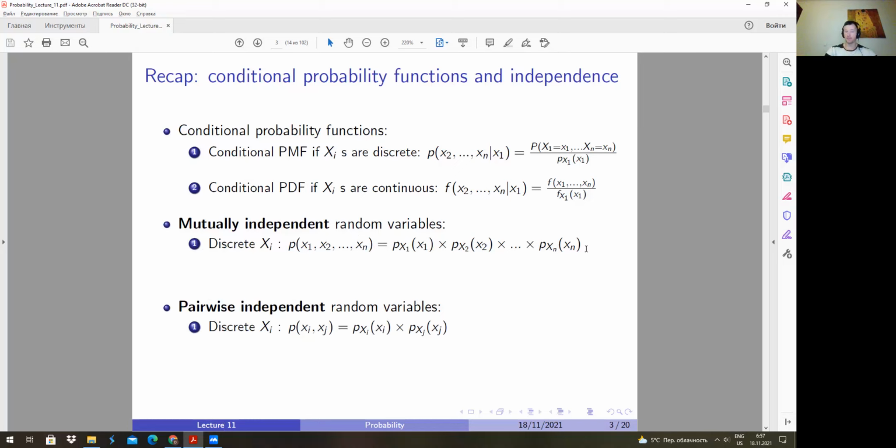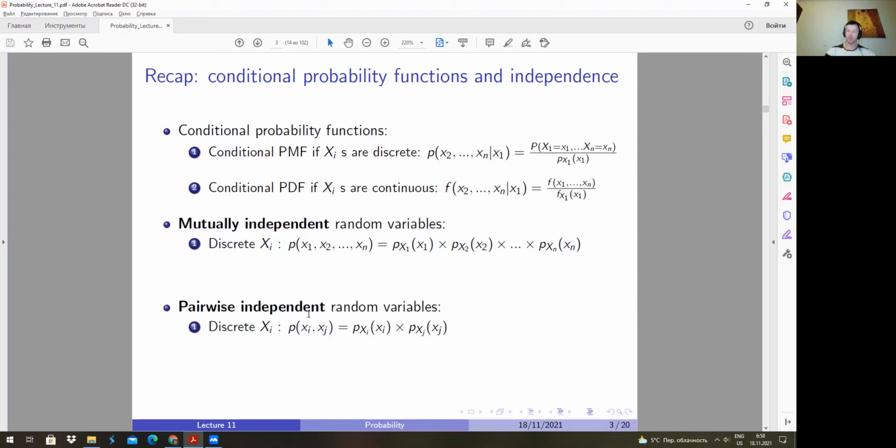That's it. But look, pairwise independence means that I am able to calculate these joint densities only for 2 variables. So this is something like a marginal density, but for 2 variables. And this must be equal to the product of their individual marginals. So the mutual independence